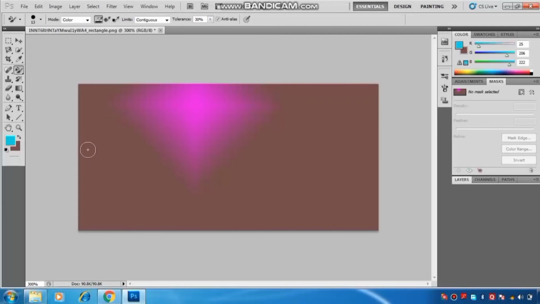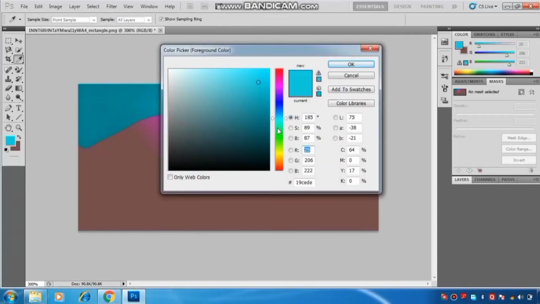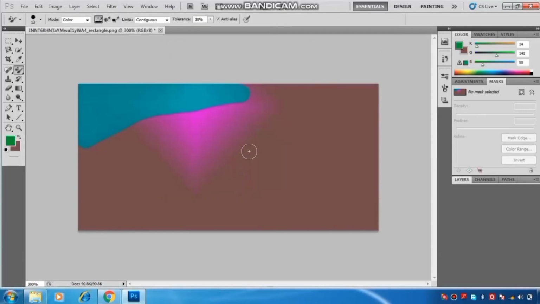Suppose I want to change the color of here, then I will click like here. Okay, I have to drag my mouse like this. Okay, and if I want to change to another color, then I can again select the foreground color, and by clicking here I can also change the color of the area like this. Okay, hope you are also clear with the color replacement tool.